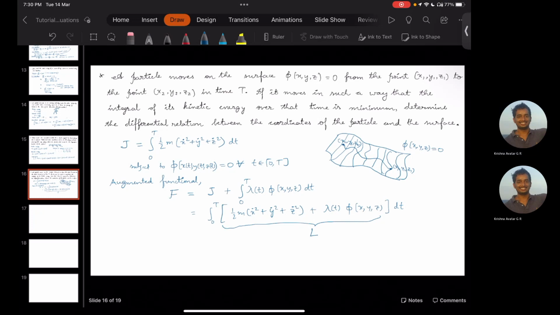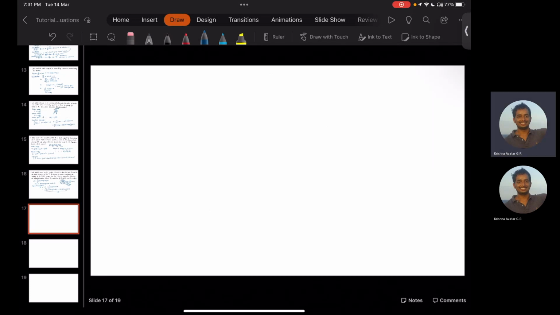So we'll have four Euler-Lagrange equations. Let's determine them. The first Euler-Lagrange equation is d by dt of partial L with respect to x dot minus partial L